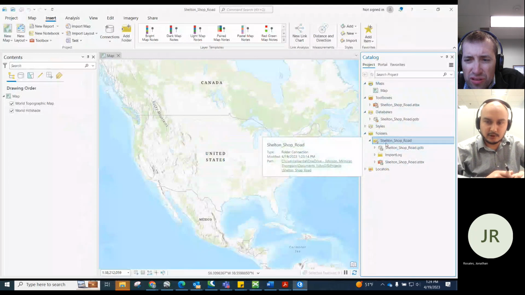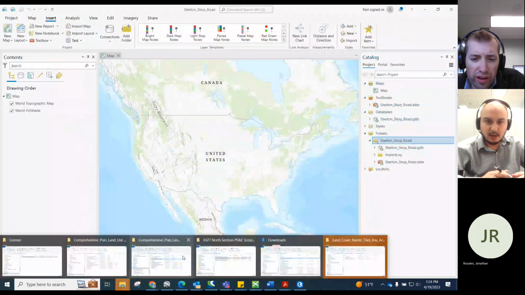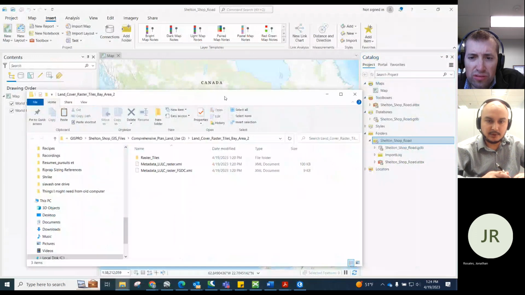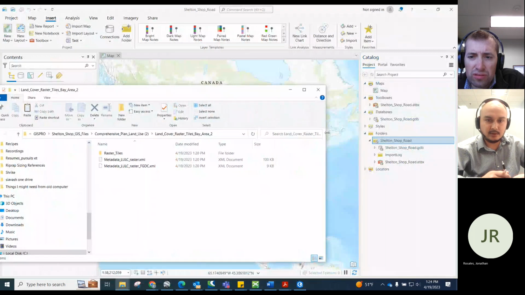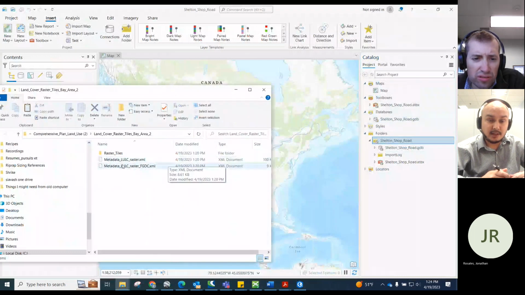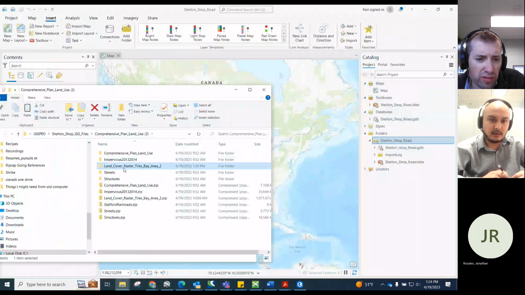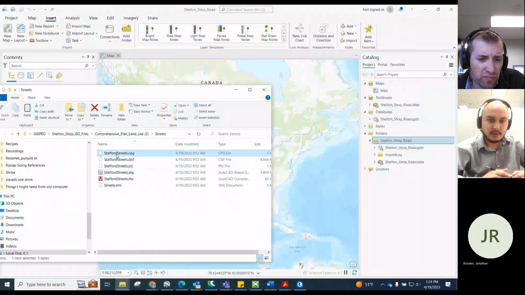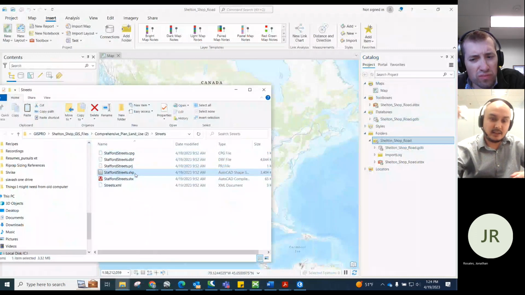You can just pull your information directly with the mouse, I think, from the folder. Maybe put that in the other screen and pull it directly there. For the land use raster, let's do that last. Let's do the other shapefiles first, the vector files. Only the shapefile, SHP. All the other files are kind of like related, like a backup.